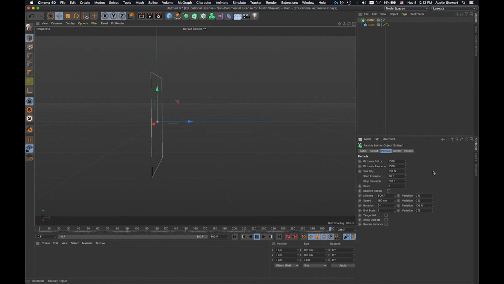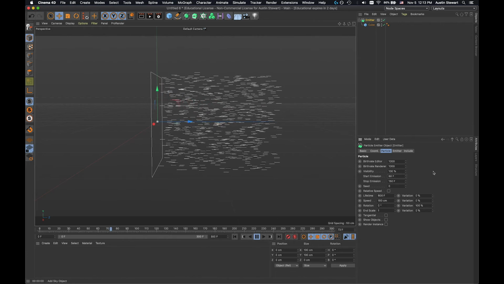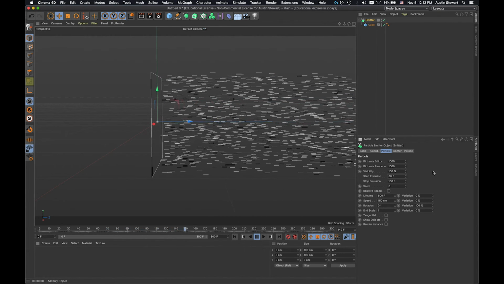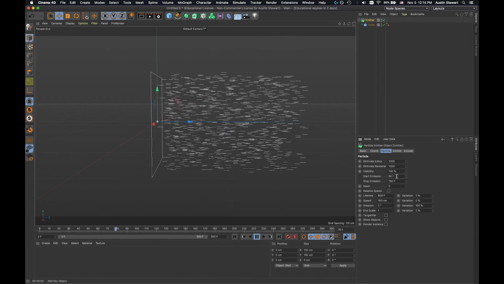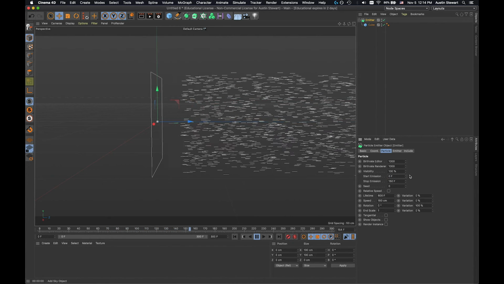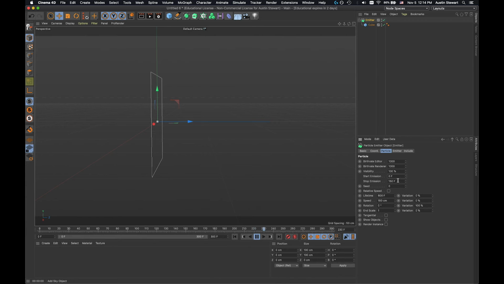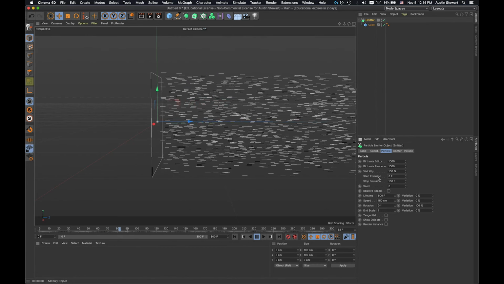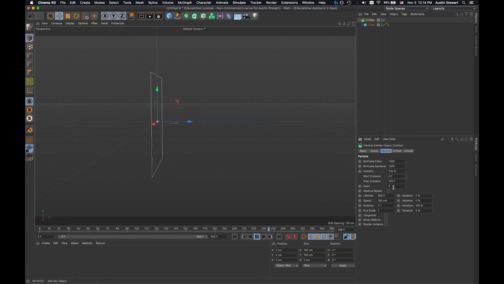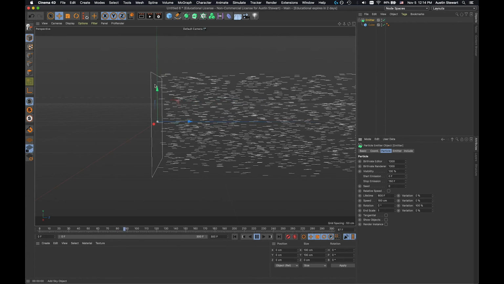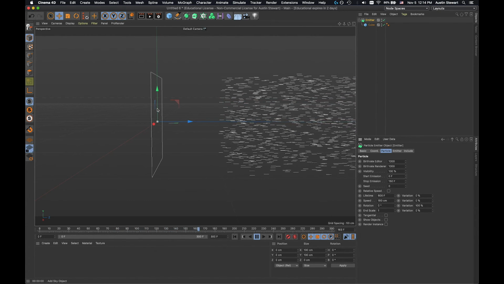This is more important for if you're doing animation and you want something to do like a spurt of activity, that's when you would do this. For static stuff, there's no reason to start at a different frame. The stop emission is important because you might only want a certain number of clones to come out at a certain density. If we come down here, the next option is seed. And if you adjust the seed value, it basically changes the order with which these start populating, right? The random places they